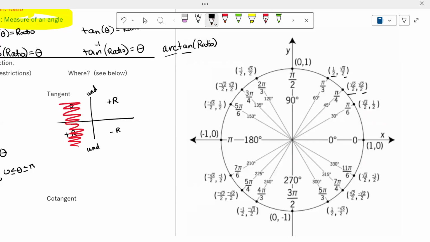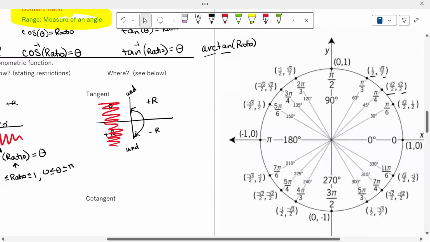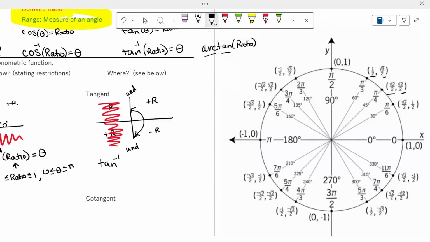So our angles are negative pi over 2 to positive pi over 2. Okay. So when it comes to tangent, the inverse tangent,